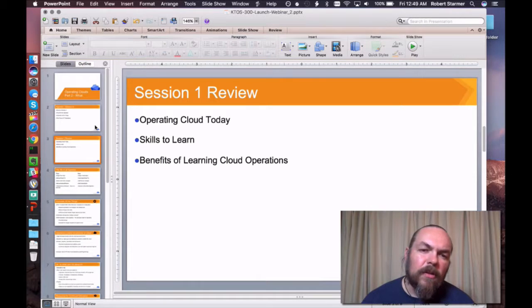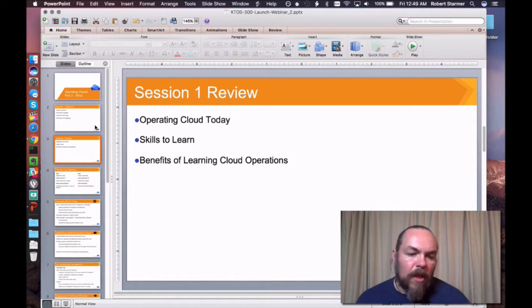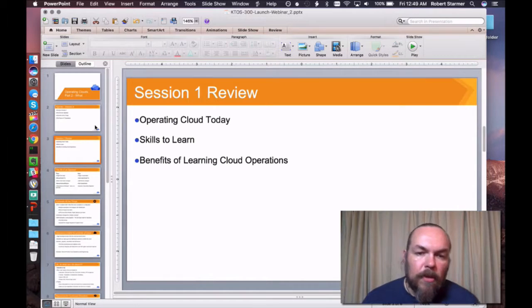In the last session, a lot of what we talked about was what it means to operate a cloud today. We talked about how operating in the cloud sense really is more about looking at the automation that's happening in the application space and applying that also to the operations environment, the infrastructure that's being operated. We're looking now more at how we accelerate the operations of applications in much the same way that the application developers have accelerated the development of applications. And really that's the key.